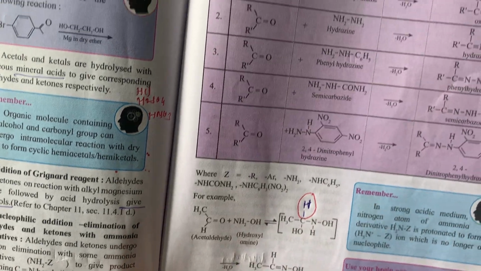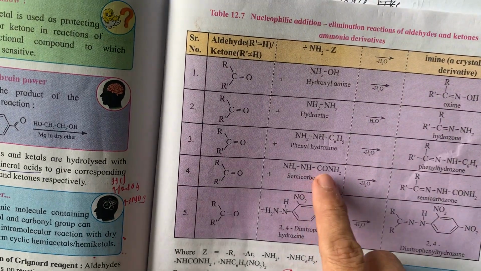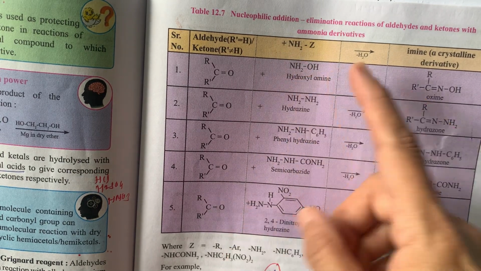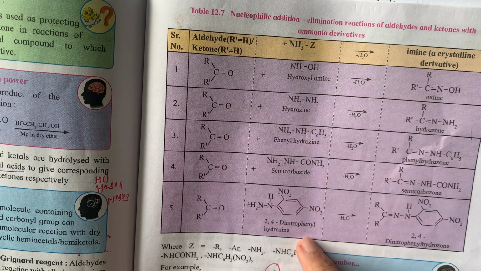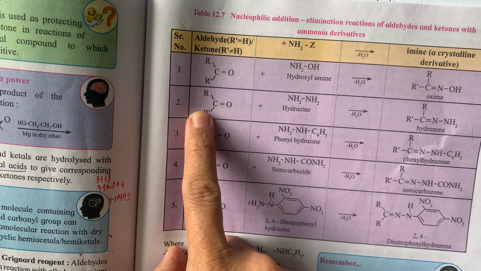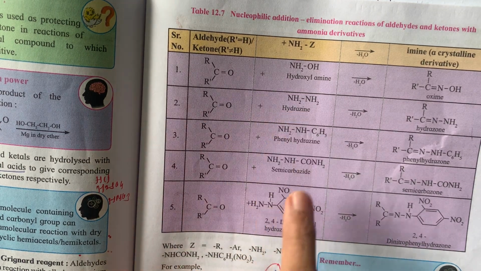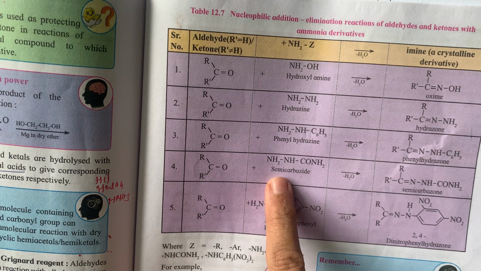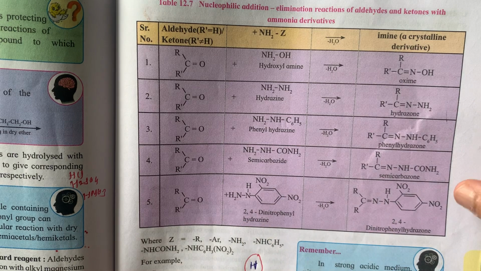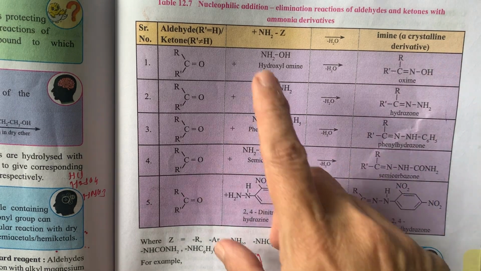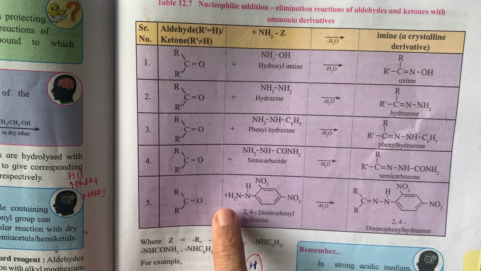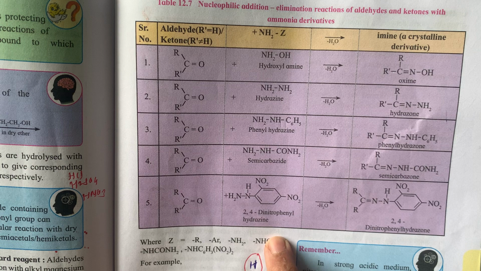Okay. So what are the different examples given in the textbook? That is NH2Z, this is the ammonia derivative. We studied NH2OH, and the remaining you have to write down, all these reactions. Here it is given with ketone, you have to write with aldehyde too. Treated with hydrazine, then phenylhydrazine, then semicarbazide, then 2,4-dinitrophenylhydrazine. As it is given very specifically in the textbook, all are highly relevant to our syllabus, and it is possible that in the board examination you have to face such types of reactions.